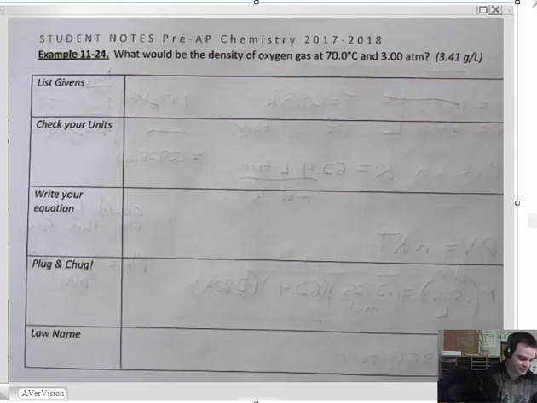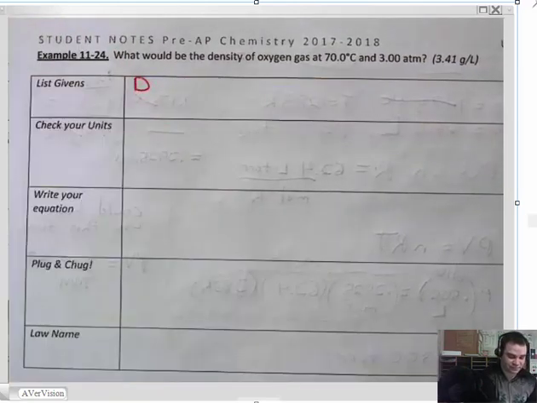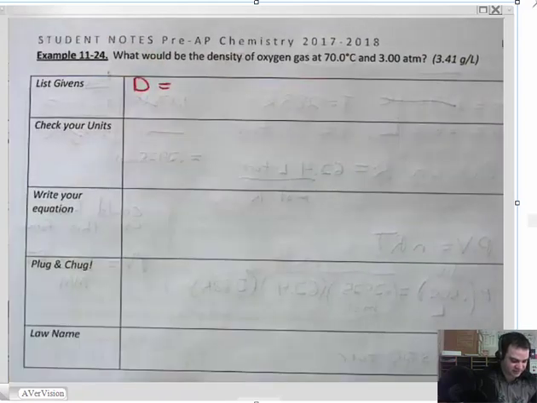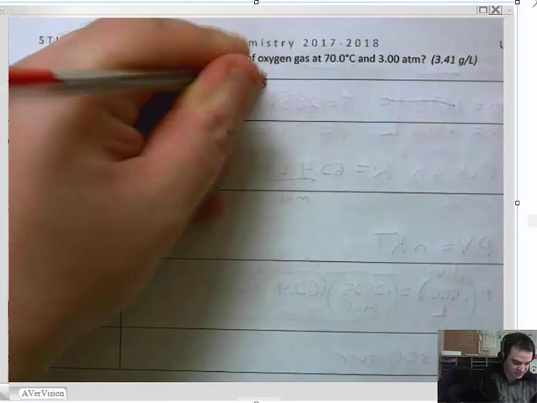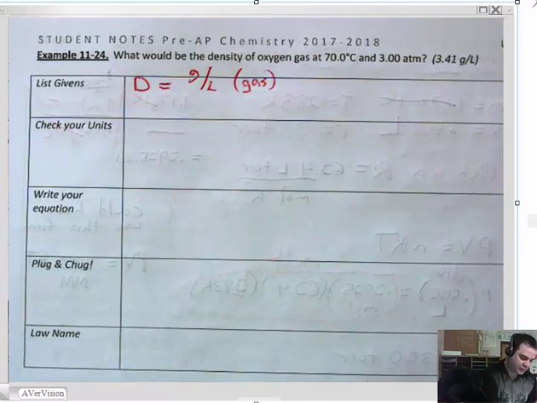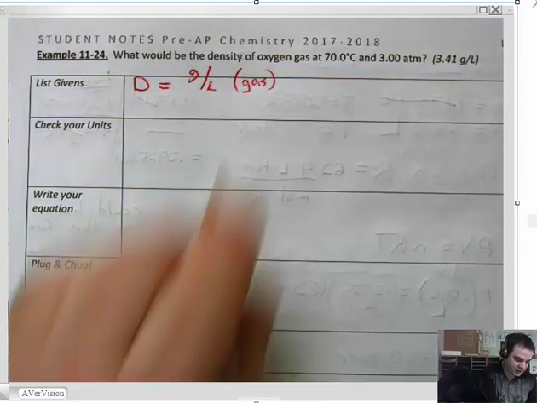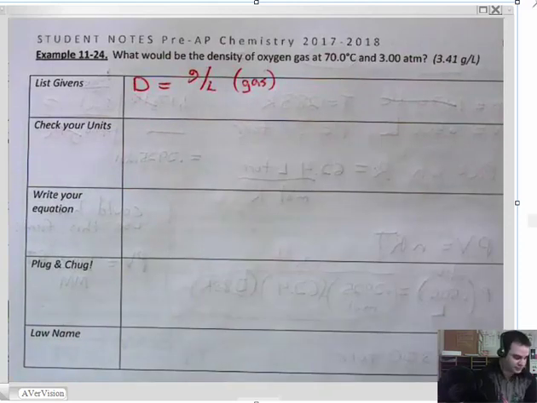We're going to go over how to do the ideal gas law with density. What would the density be? This is the density we're looking for. Since this is a gas, we're doing grams per liter, because that is what we measure densities in for gases. The problem asks for the density of oxygen gas at 70 degrees Celsius,